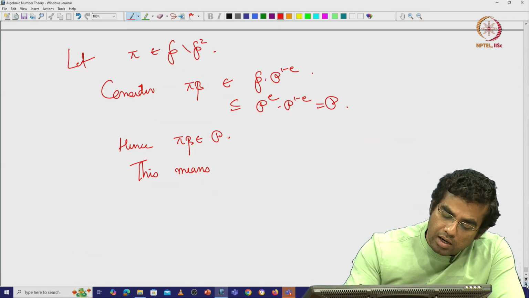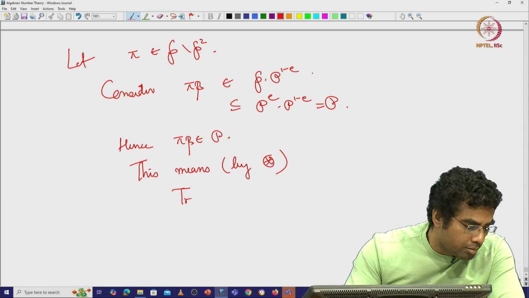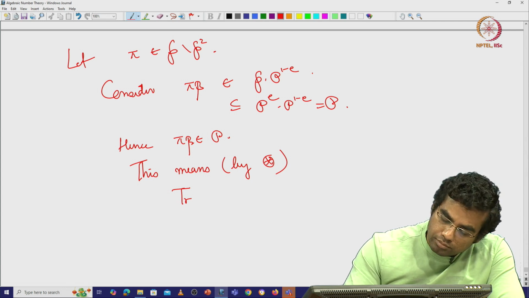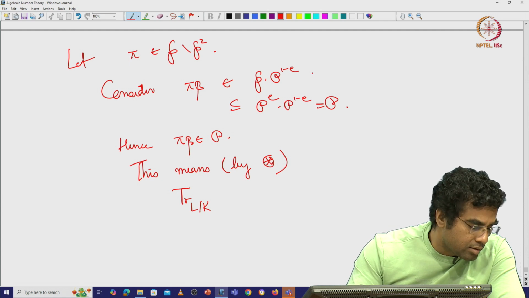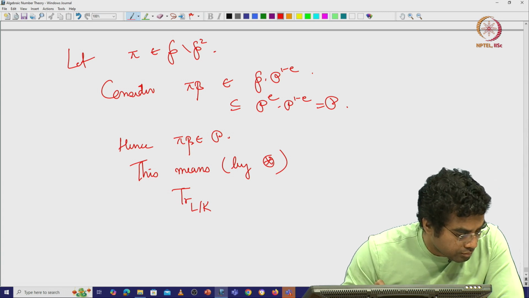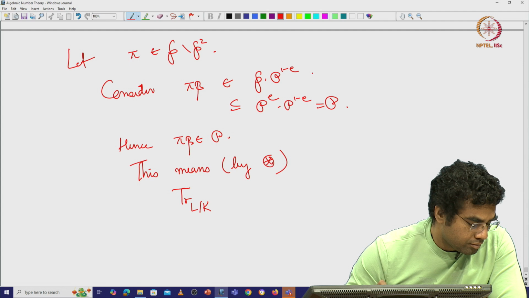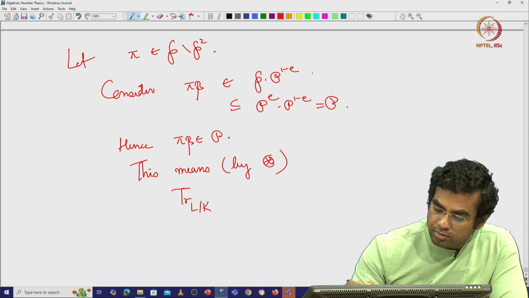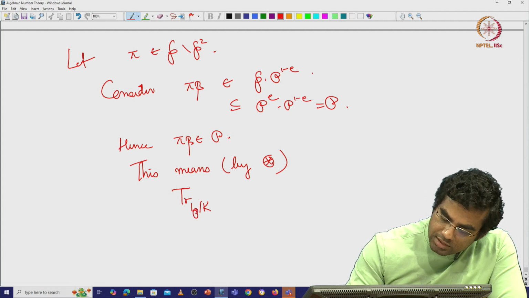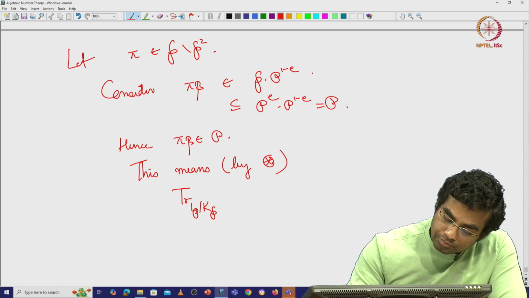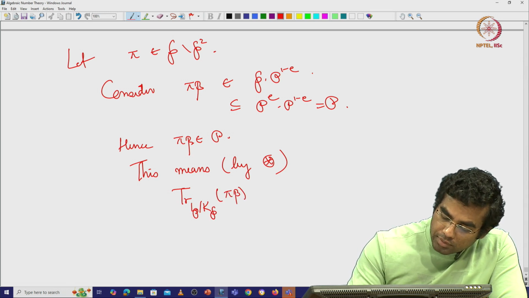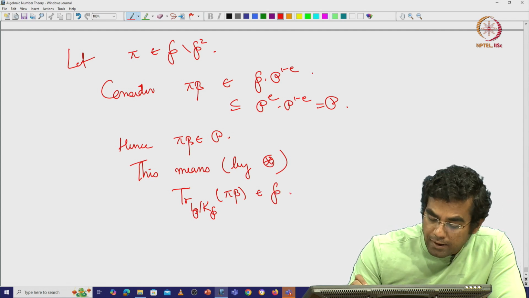So this means by star that trace from L to K, let me not rush, and let me just say that this trace of pi beta is inside small p,